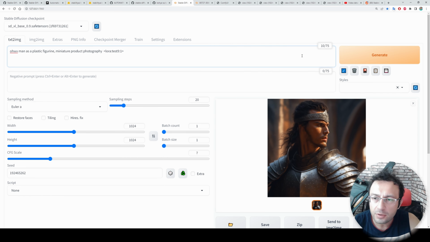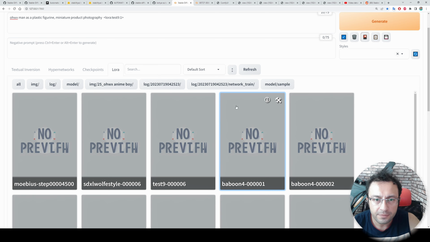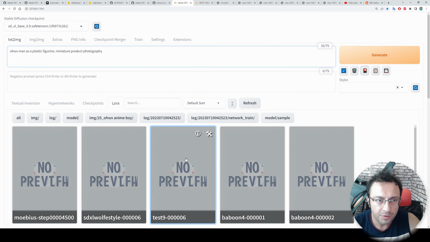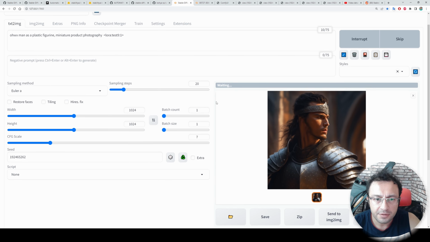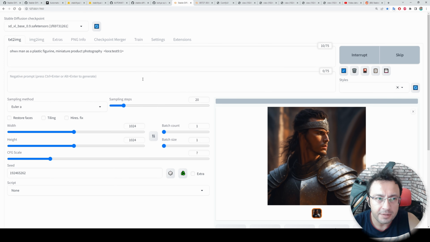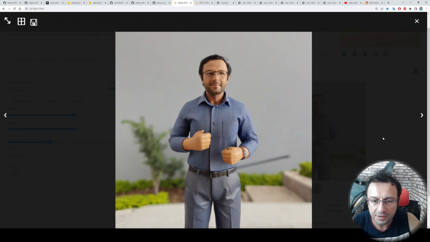How are you going to use LoRAs? Click this icon, go to LoRA, click refresh, and you will see all of the LoRAs that you have. And when you click one of the LoRAs like this, it will get added. So let's hit generate and let's regenerate the same image. I am glad that now it supports all of the LoRA types and it is amazing. And here we are getting the image and here the generated image.